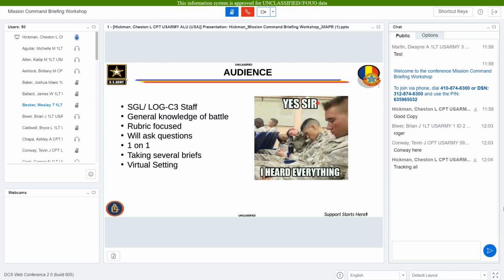In addition to that, you want to make sure that on whatever platform you're briefing on, you know what you're doing, you know how to navigate through it, you're not losing connectivity, and your slides are able to work through themselves. And if your attention getter is a video or something like that, it still works. So you want to rehearse that stuff, because this is a different condition, and it can take away from your brief if we're stumbling and fumbling through videos, if we can't hear each other, or your mic's not working, all that stuff. So the better prepared you can be,